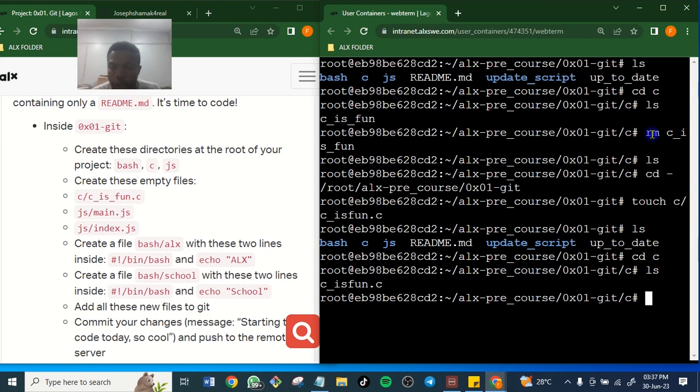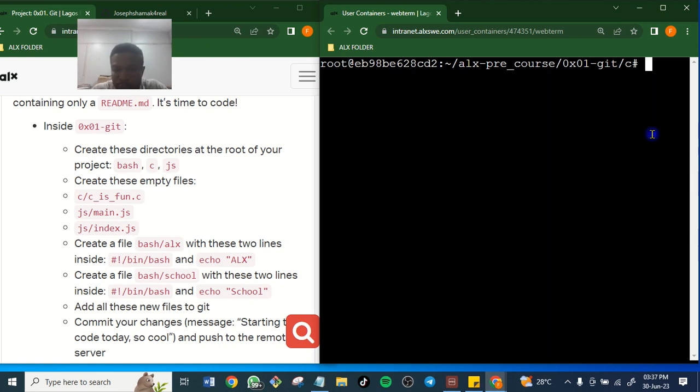But we cannot go and just check directly. We have to push this to our GitHub. We have to push these changes. A file has been changed. So how do you do that? Let's clear the screen so that you can see the screen properly. So let's say what? Git add, git commit